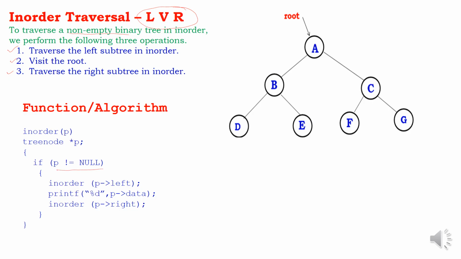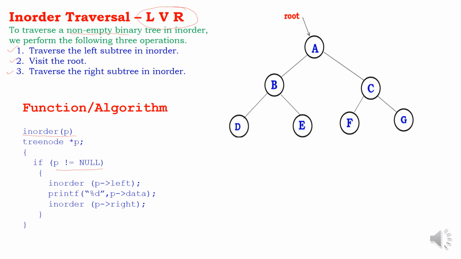If p is not null, so in order function, in order p. P is a binary tree, input is a binary tree. We are going to traverse the binary tree in order. So input is a binary tree. P is pointing to root node. If P is not null, if it is a non-empty binary tree,